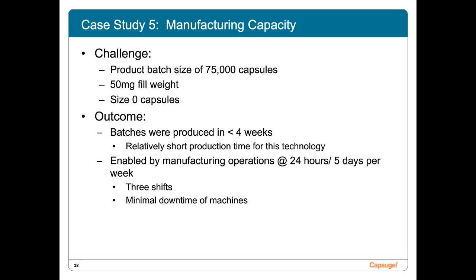And all things considered, it is a relatively short production time using this technology. The client was fairly amazed. We've done work for them in the past, and a batch that size didn't seem conceivable. But